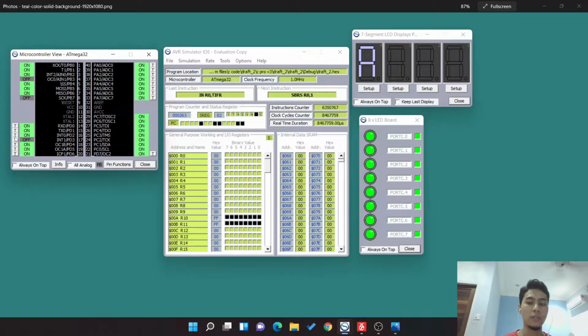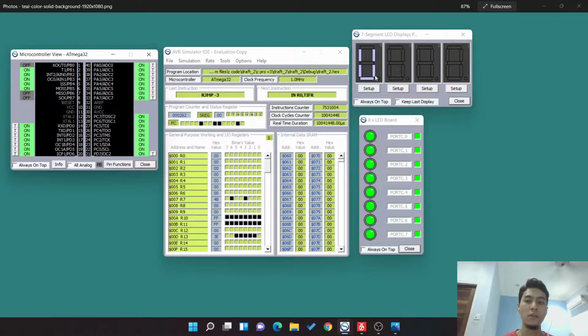So when we press here, it will display the addition. This is the SD3 task, so the addition will be 0 because the input at our port A